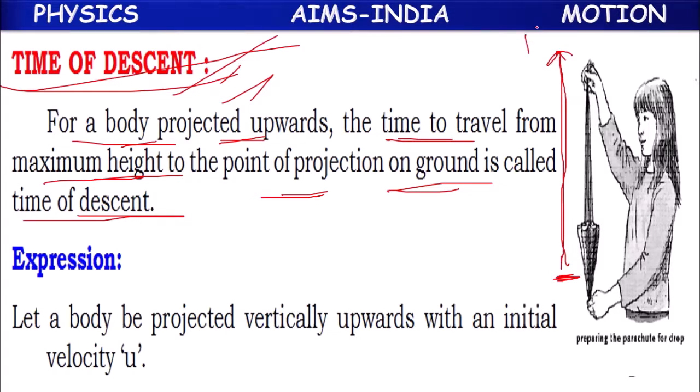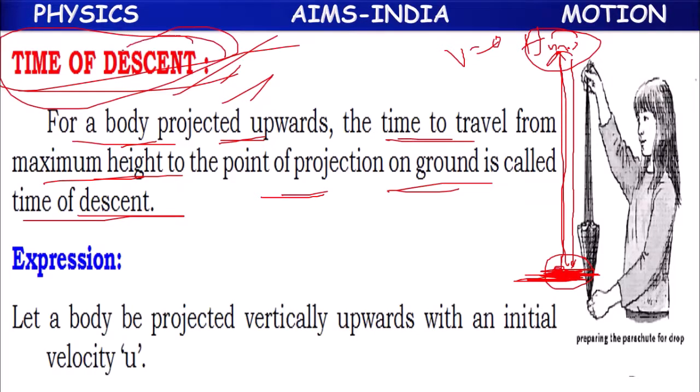After reaching h max, the maximum height, because velocity is 0, it can't go up. From there it starts falling down and it will reach the point of projection, means the same point from which we have thrown it. From maximum height down to the point of projection, for traveling this path,